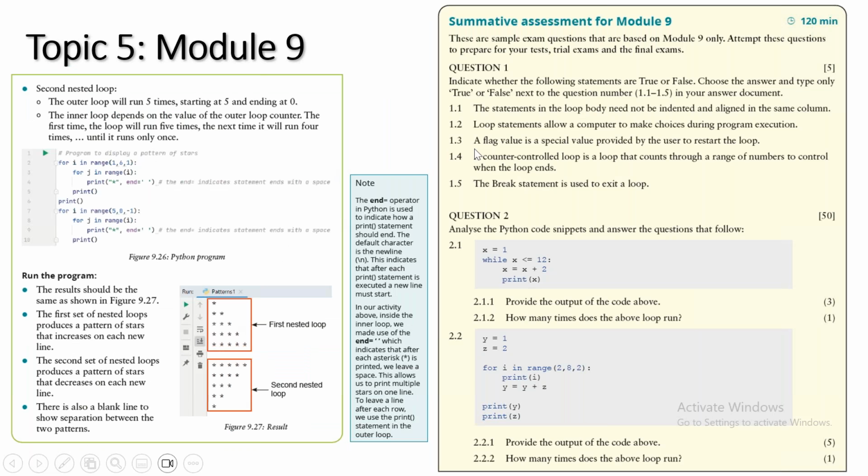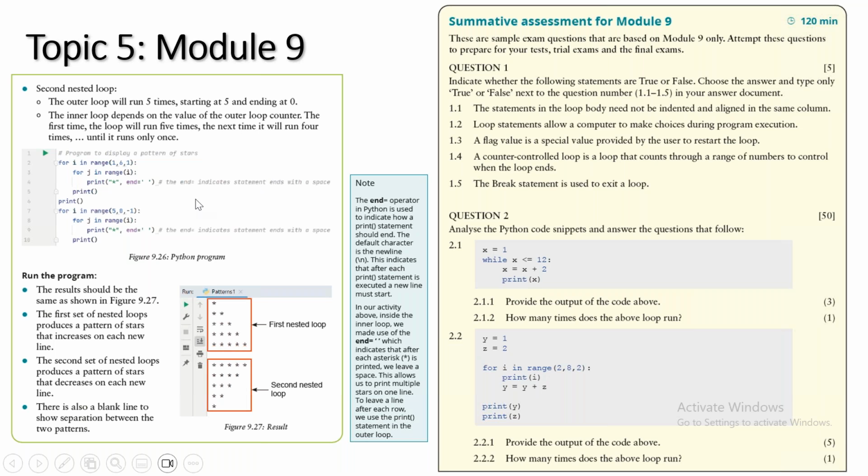Also, to understand nested loops, displaying of patterns is a very nice way for students to see how nesting actually works. So how many times the loop runs, or what happens in the inner loop, what happens each time the outer loop counter increments, and so on.